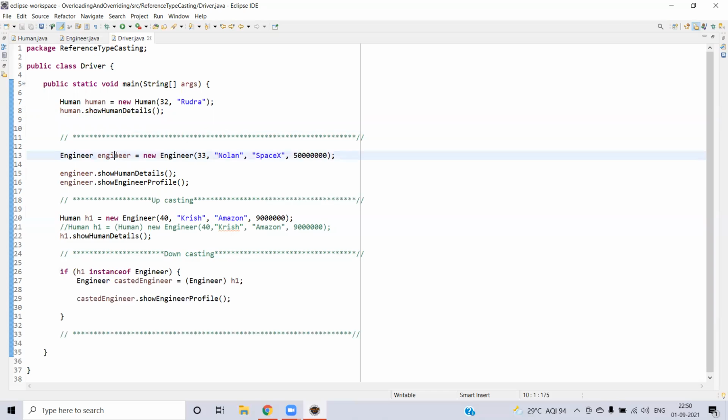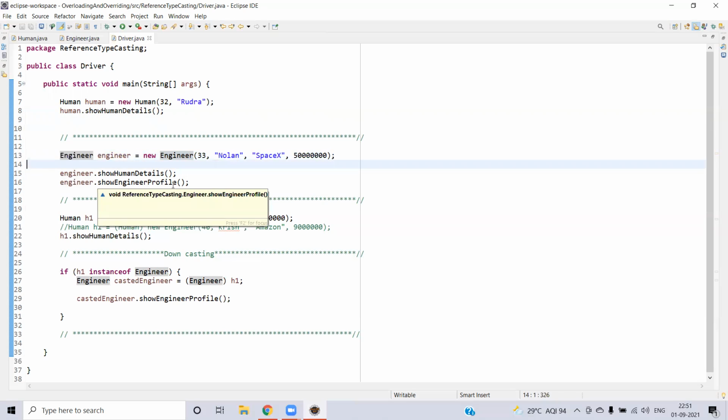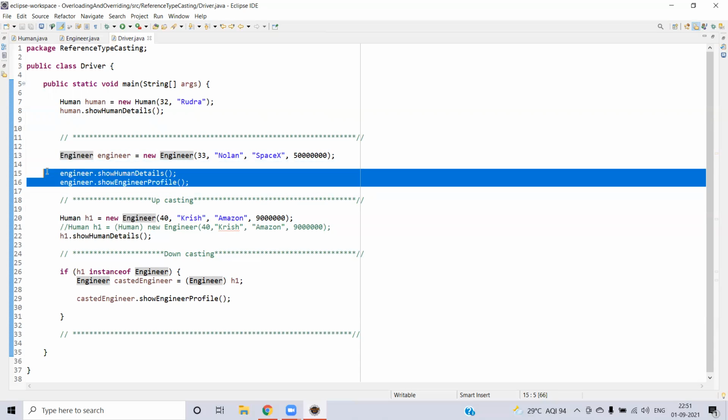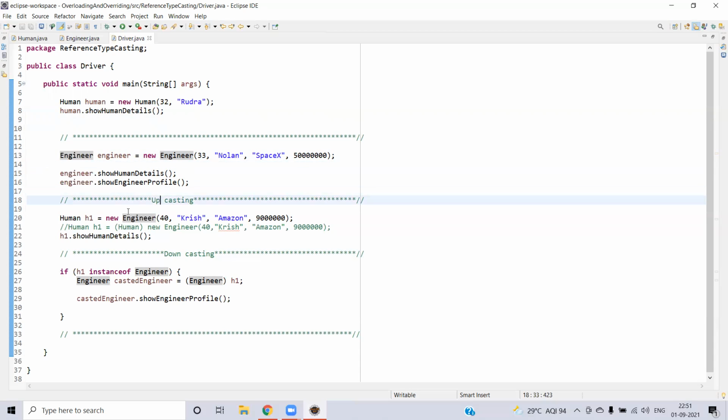The same for the engineer class. Let's say you are creating the engineer class object with the engineer type reference, which means that you are using the class, but however, engineer class has extended the human class. So you can use both the methods and properties from both the classes. That's the reason you can use both show human detail and show engineer profile as well.